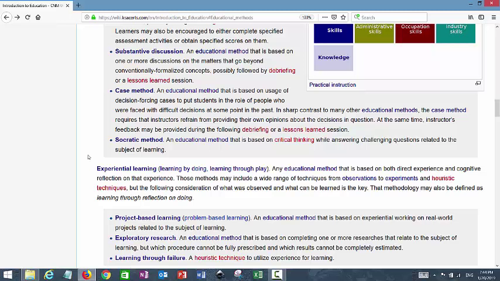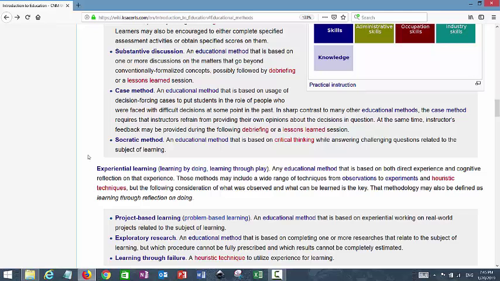In this case, the teacher is banned from being a part of the decision making. They are only observers and later a facilitator for a debriefing or